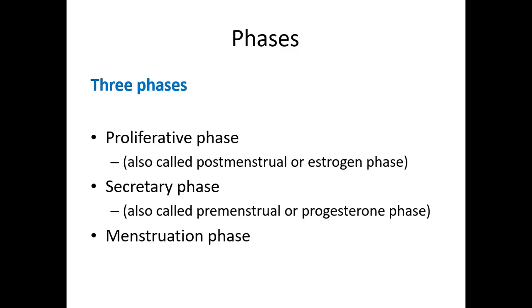Now if there is no pregnancy, no fertilization of the male and female gametes, then there will be the menstruation phase. If there is fertilization, then there will be no further menstruation for the upcoming month, and the changes present in the proliferation and secretion were made in the endometrium.